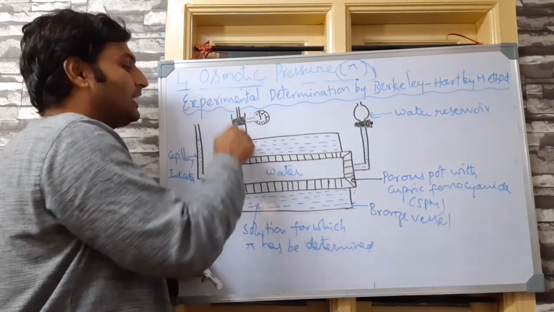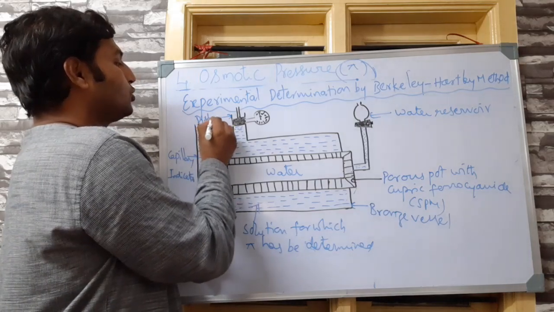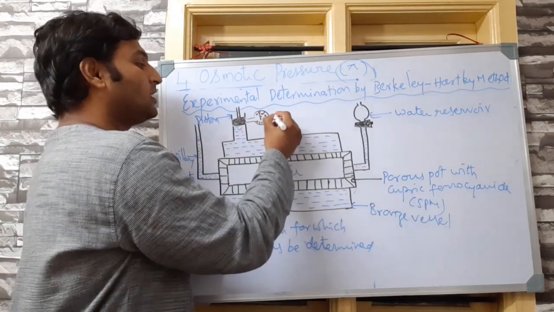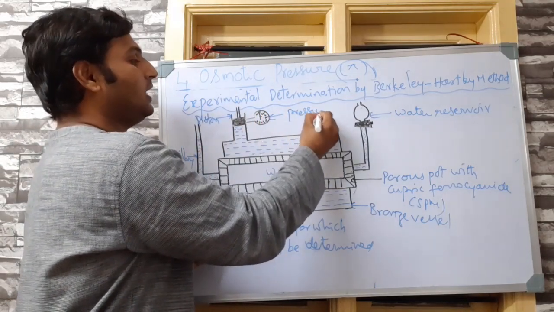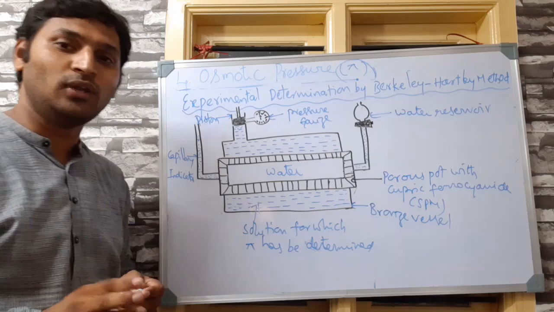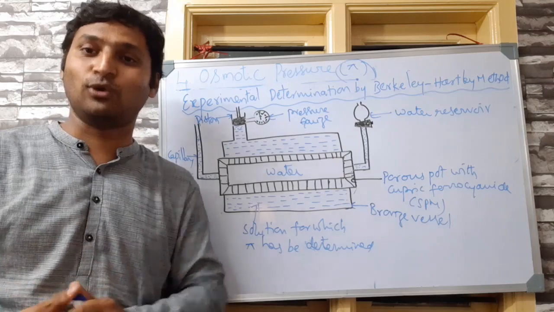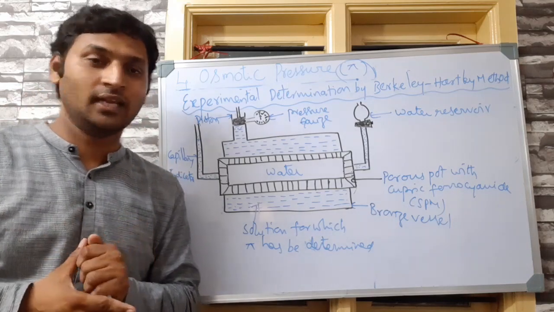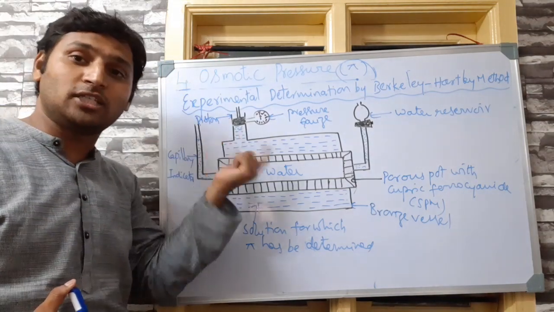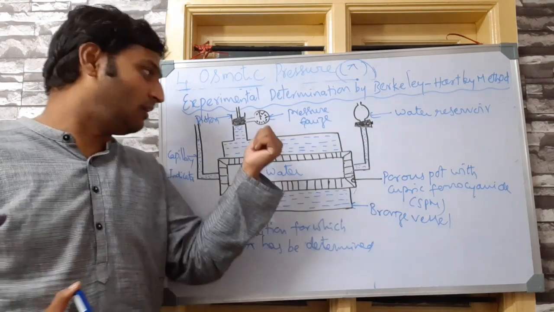That in turn is connected to another capillary tube which is fitted with a piston on one side so that we can keep applying pressure by putting weights on the piston, and how much pressure is being applied is determined by the pressure gauge on this side. Now, if you understood the apparatus, if you understood this setup, then you understood the phenomenon also. The principle here is simple, children. By applying pressure, I will check at what pressure this osmosis can be stopped. That pressure is called the osmotic pressure for this solution.